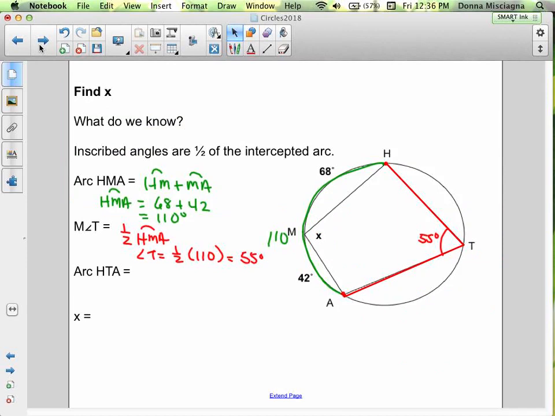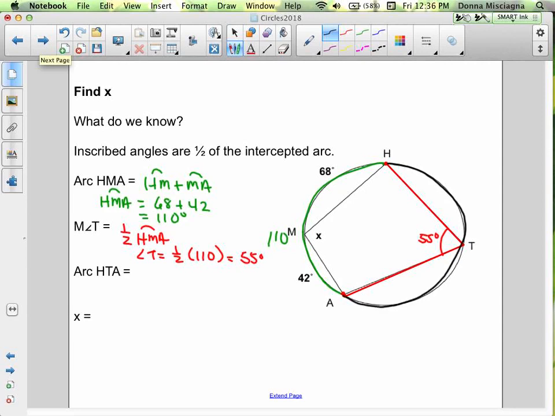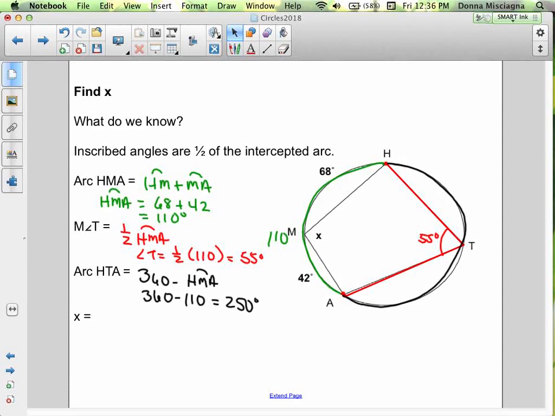All right, so if we look at angle HTA, together angle HMA and angle HTA equal the entire circle. So that means the measure of angle HTA is equal to 360 degrees minus arc HMA, which would be 360 minus 110, or 250 degrees. So that means that X, which is also angle M,